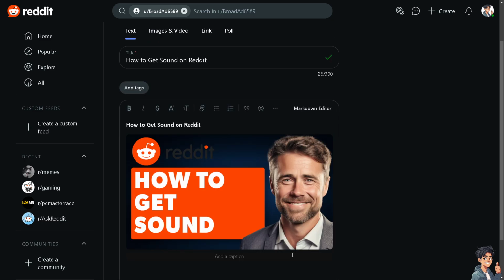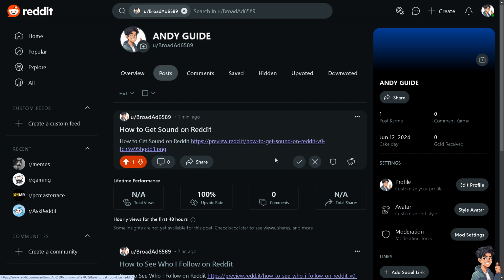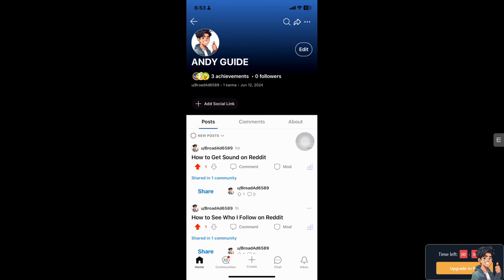audio cues or dialogues. All right, now I'm gonna switch over to the mobile device because it's a lot easier to put sound on your post. But again, you can also do this on the mobile app. So I'm switching over to the Reddit app itself. Now, once you are on the Reddit app on your mobile device, I need you to hover